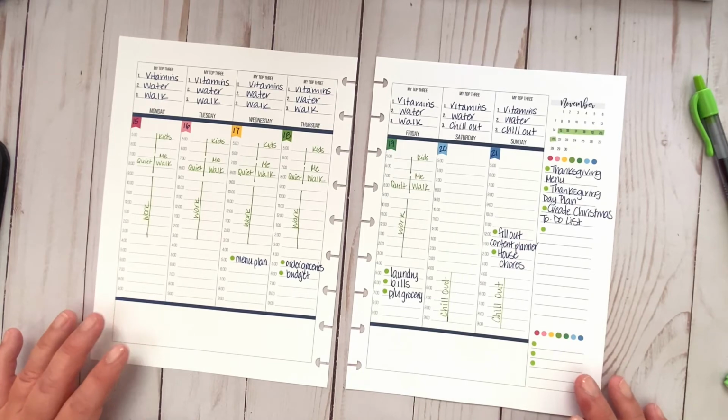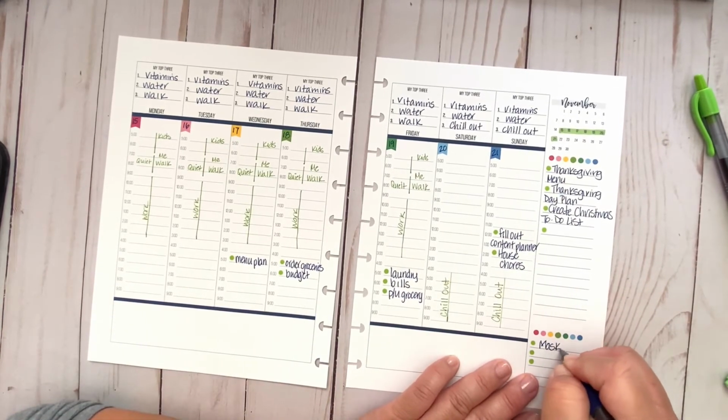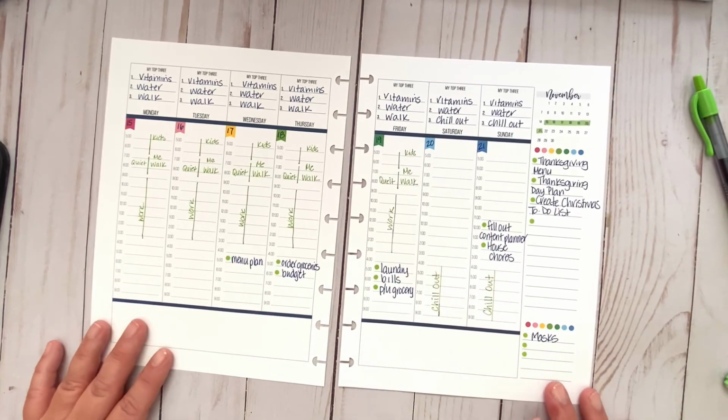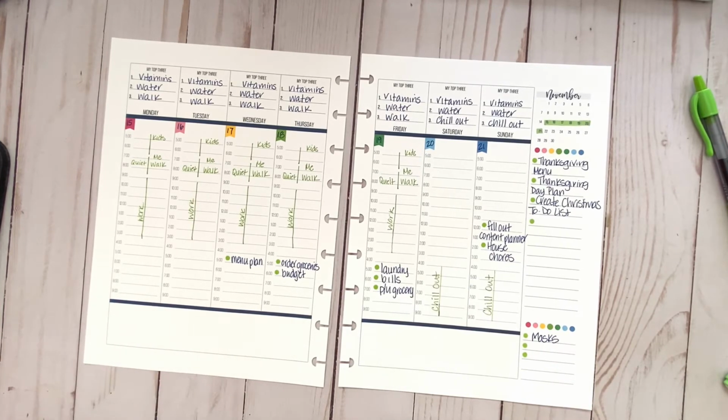And then the only thing that we are expecting in the mail are masks, disposable masks. Now that we have 3 drivers in the house and 2 kids going to school, we just go through those disposable masks like water. They're in the cars, they're in backpacks, they're all over the place. Oh, and then on